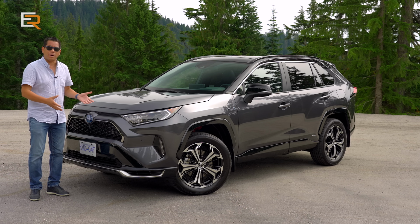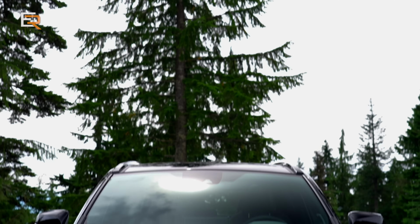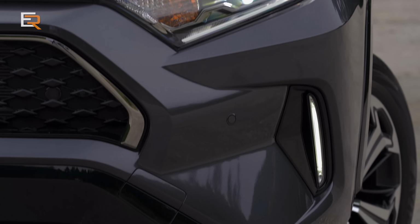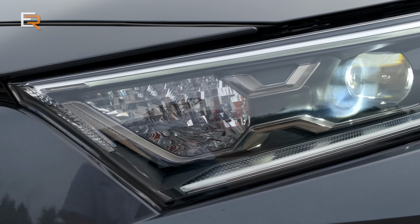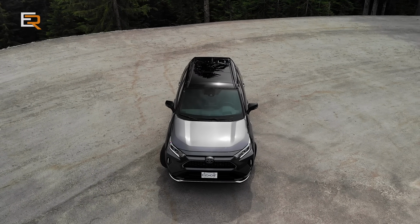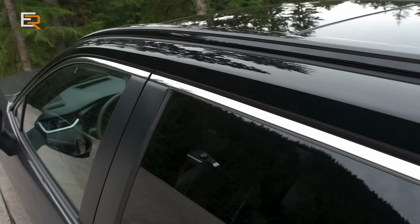So what's different about the Prime on the outside than the regular RAV4? Well, not a whole bunch, as you can see. It's still a very athletic looking SUV. All Primes come standard with LED headlamps. If you go into the XSE with the tech package, it comes with auto leveling LEDs. Also, like other RAV4s, you can get this in a two-tone paint combination. This is a gray and black, but what's interesting is this black has little specks of blue in it,